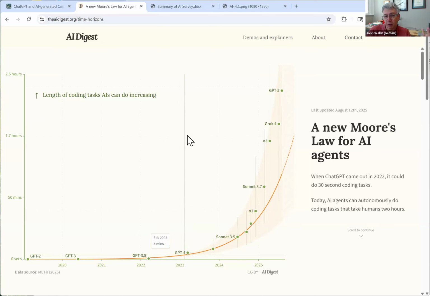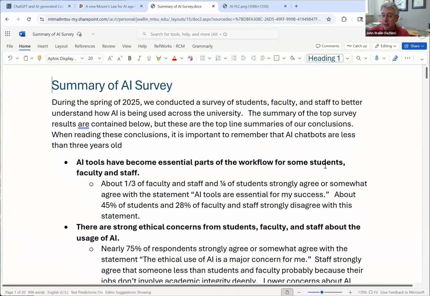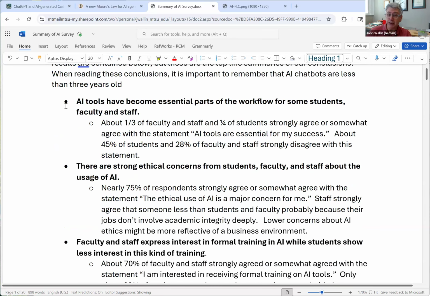The campus where I am has been responding to this in a number of different ways. But one of the things that we did in the spring was do a survey of AI stuff. And I just want to talk about the top line results of the survey to kind of normalize some of what we're doing. So this is, again, a survey of faculty and students. We conducted this in March and April this year. We had about 2,000 responses, about 300 or 400 faculty, just under 1,000 students, and some staff members as well.